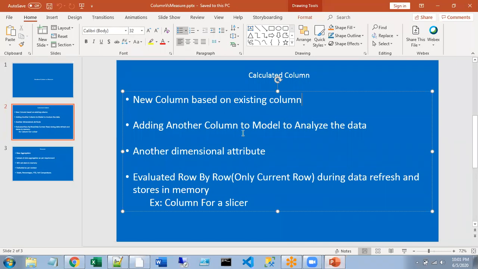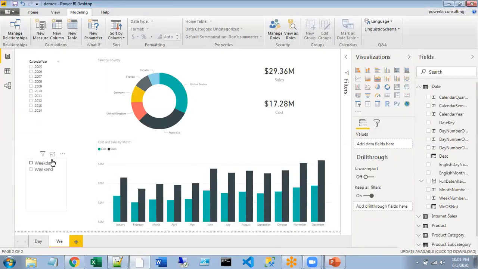So you are adding another column to your model to analyze the data. So the same thing we have done here. I have added a new column to my model to analyze the data. Okay, so when I have added a new column, how is this column going to be used?